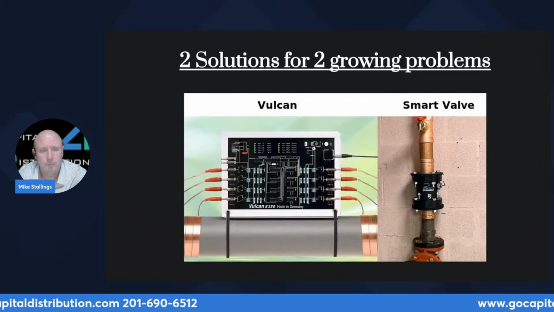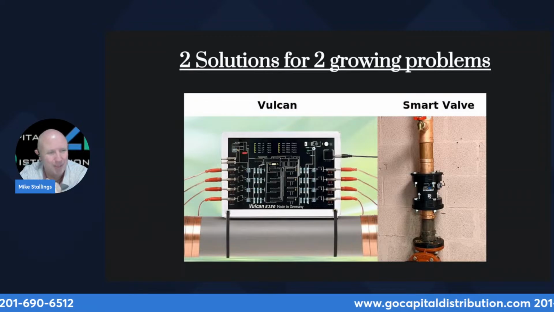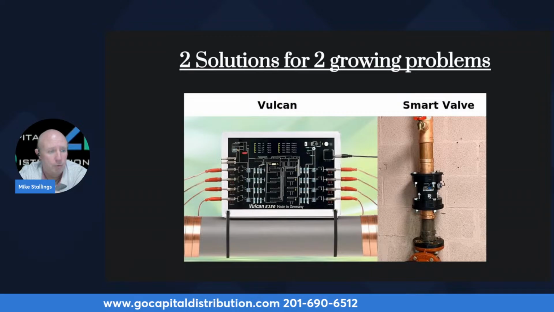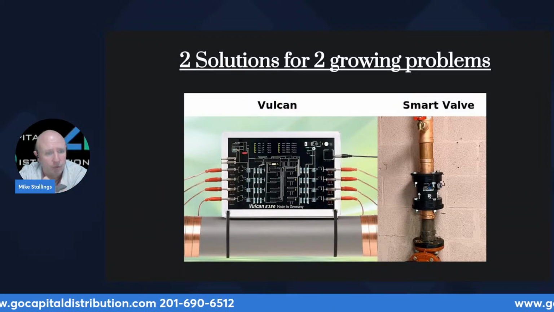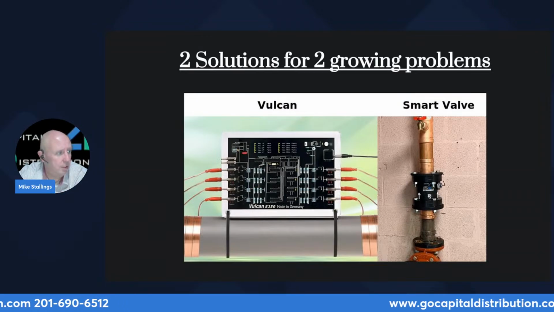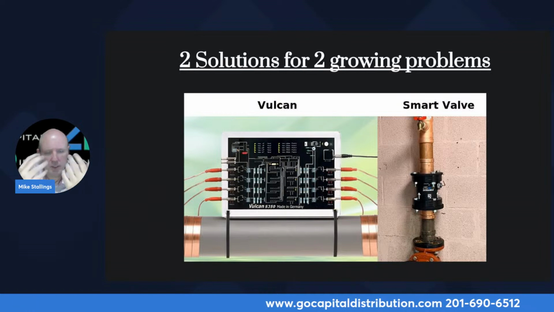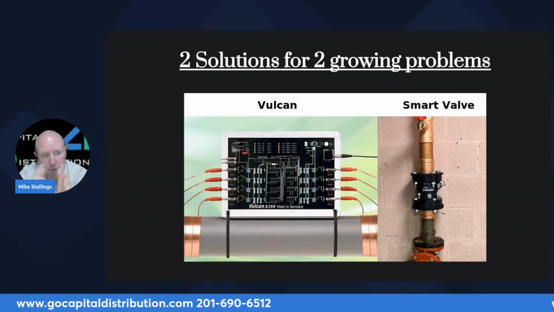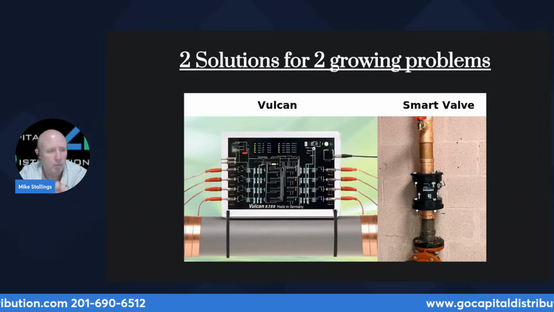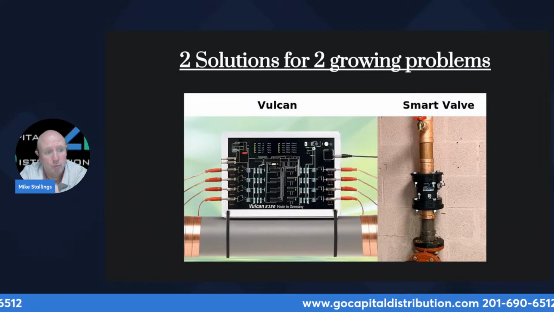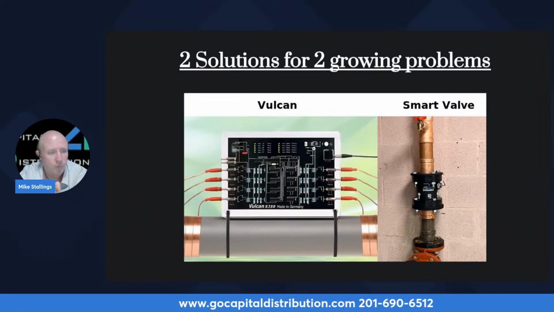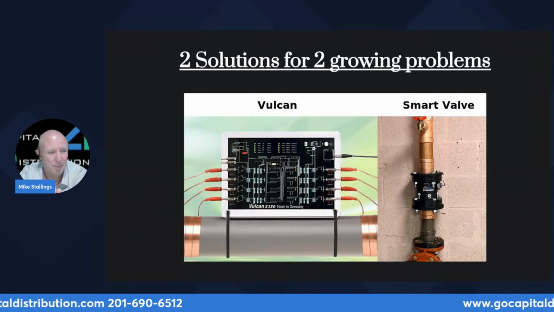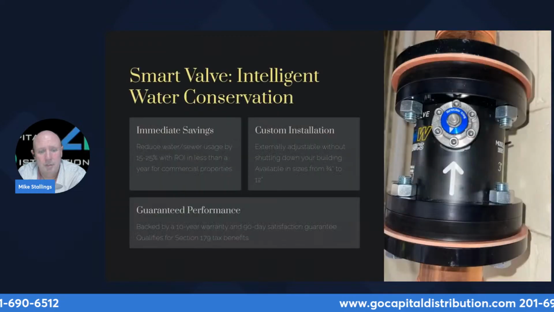I want to talk about two products today, and Mike kind of stole my thunder a little bit and touched on them, because he knows these are working products that a lot of our customers, both his and mine, have taken advantage of. That's the Vulcan and the Smart Valve. This is about helping properties like yours save money with a fast ROI. With the solutions we're offering today, between 179, which many of you are aware of already, and the 0% financing, it's the perfect trifecta because you're saving money on your property, you're upgrading it, you're getting the tax deduction, and you're not paying anything out of pocket. Again, you can't really go wrong with that.